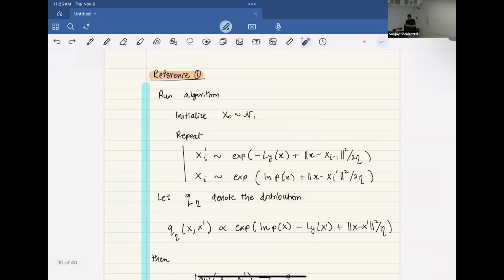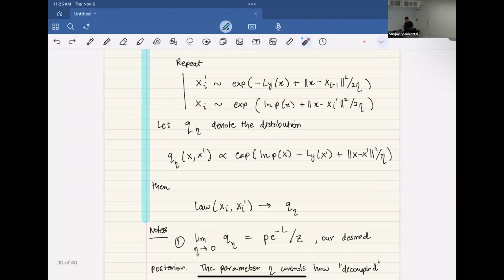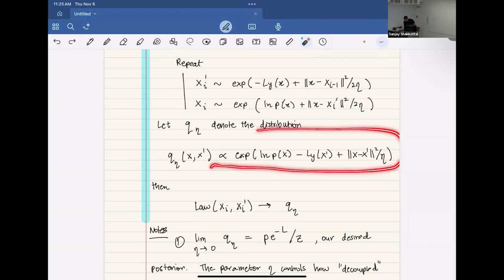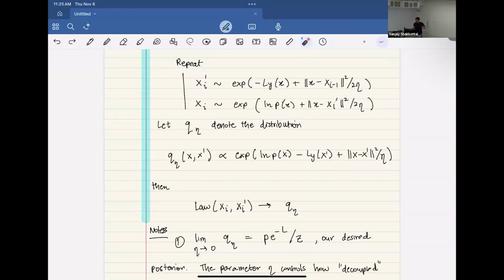So anyway, Sujay, to come back to your point, there's an eta that you pick, and you run this algorithm with that eta. Whatever choice of eta you end up with, the limiting distribution of this pair of iterates, the one that came right after the projection onto the images, and the one that came right after the projection onto the measurements, the law of those iterates will converge to this density here. And so the point is that the projection onto the images and the projection onto the measurements are allowed to be decoupled. If I had set eta to be 0, this would say that you cannot have them be separate. But if you set eta to be larger, you're allowing some leeway where you're decoupling these two problems a little bit, where you're allowed to solve the image problem kind of separately and the measurement problem kind of separately, and you end up sampling from